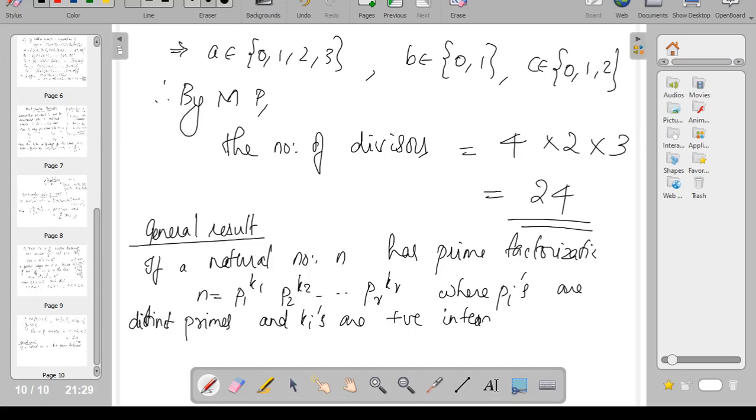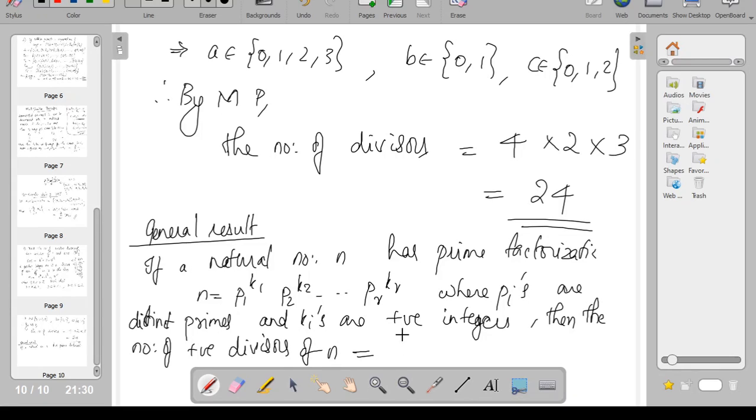So that is basically the prime factorization. Then the number of positive divisors of n